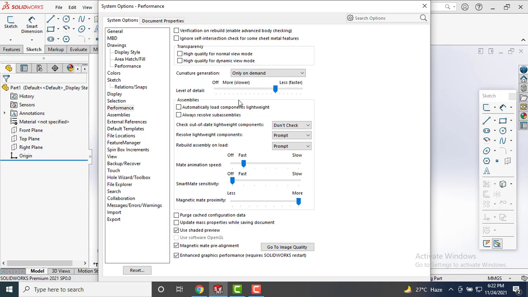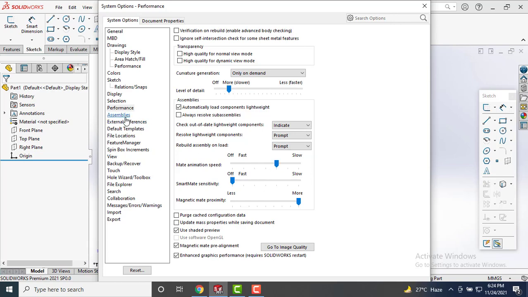Also in Curvature Generation, put it low. In Assembly, check Automatically Load Components Lightweight, and in Don't Check, make it Indicate. And for the other two, keep it Prompt. For the Mate Animation Speed, keep it Slow.